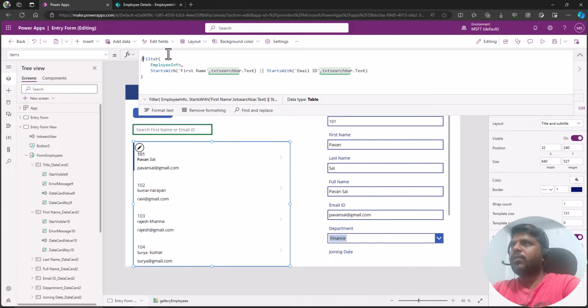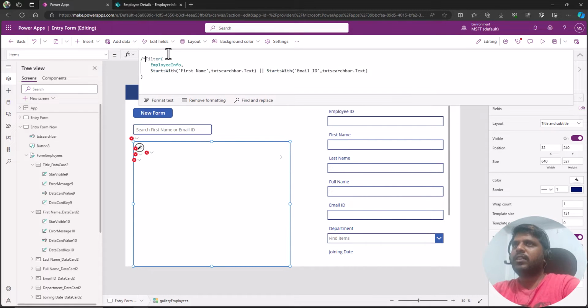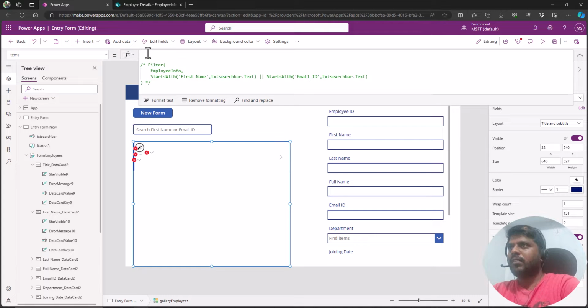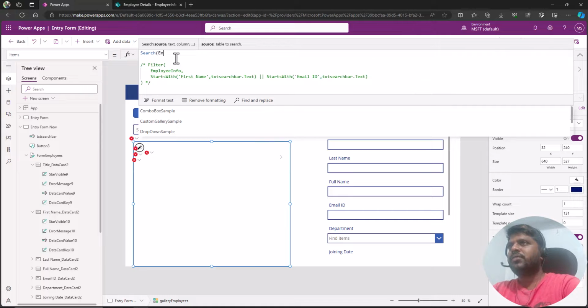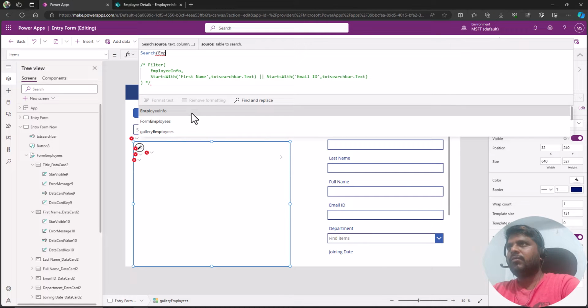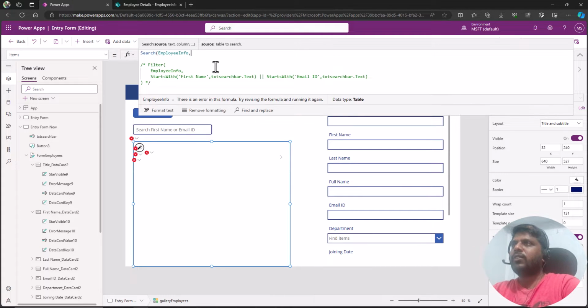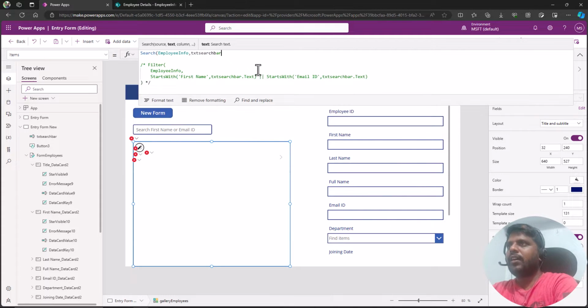Okay, here in order to comment it out, I have this slash star. Here I'll have this star slash. Okay, this is my comment where I could filter it out. Here I'll use the Search function. Okay, I'll open the parenthesis, and here I have source, text, column, 3 parameters. Source would be my employee info, and text would be my text search bar dot text,